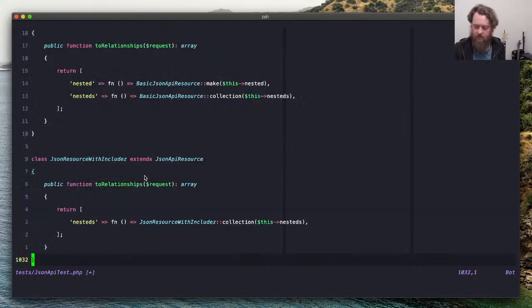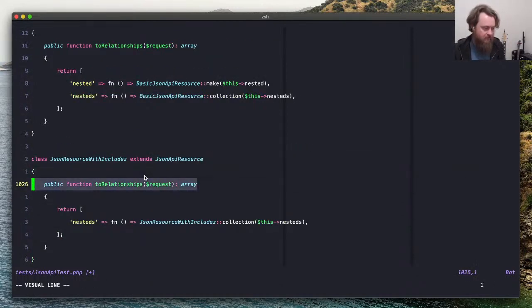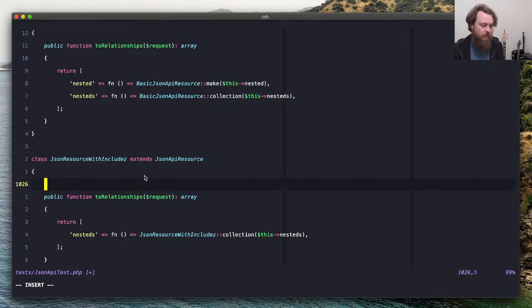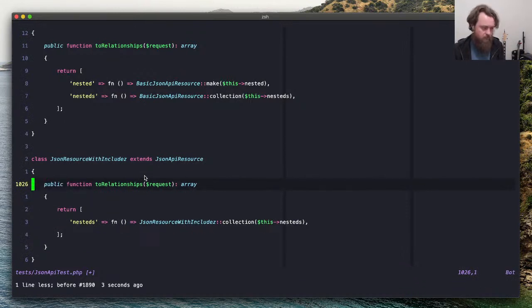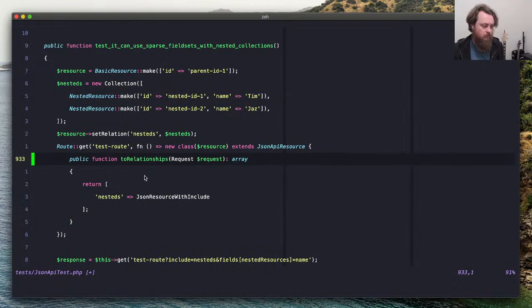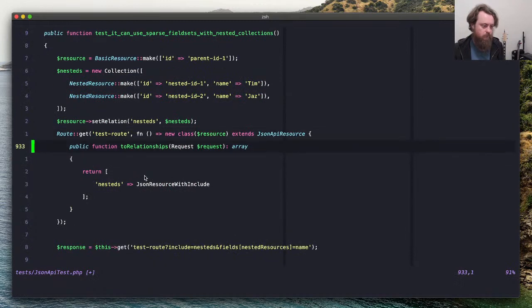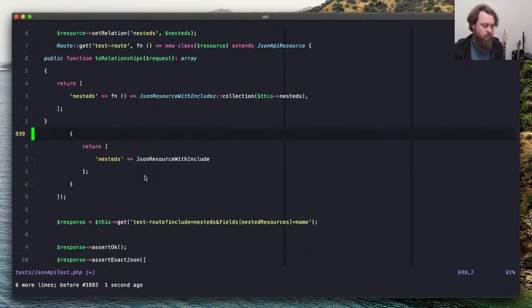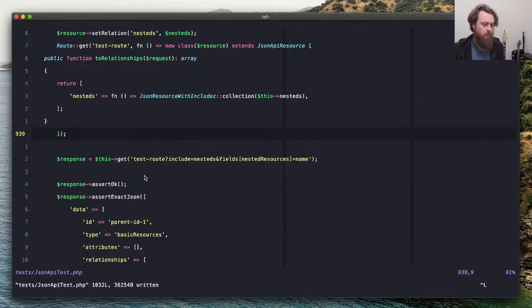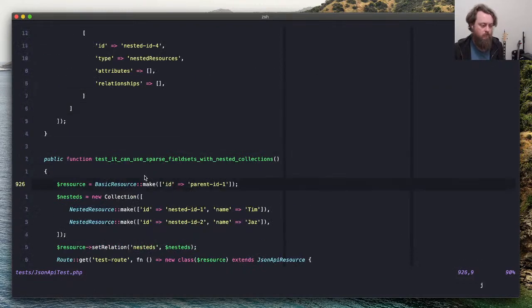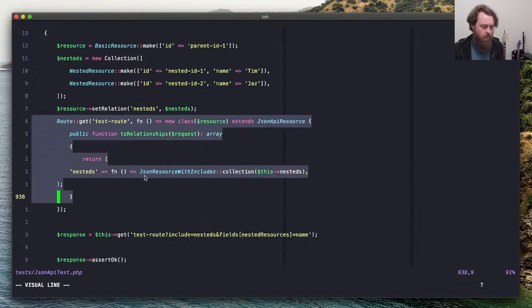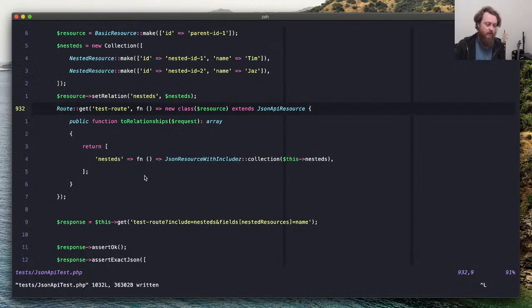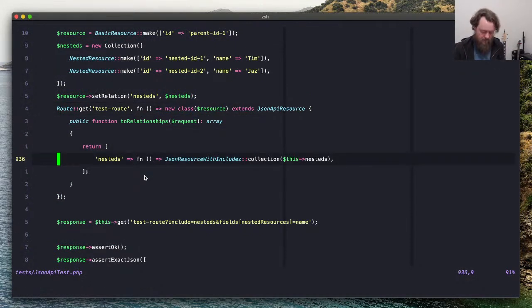Nope, it's not. Ignore me. I'm tripping on myself here. I just need to copy this in to where we are. I have got to set up my auto formatter. So this is just a JSON. So this is just a new class that gets this